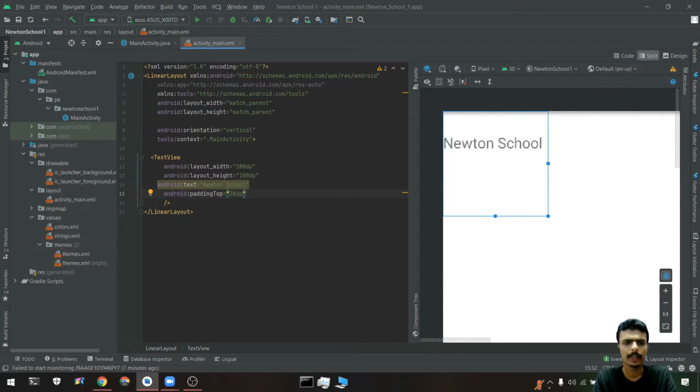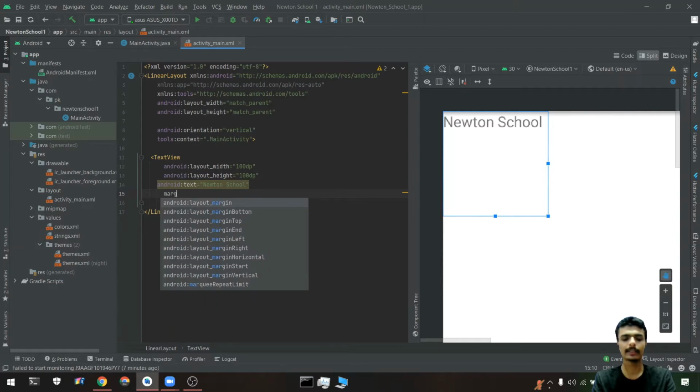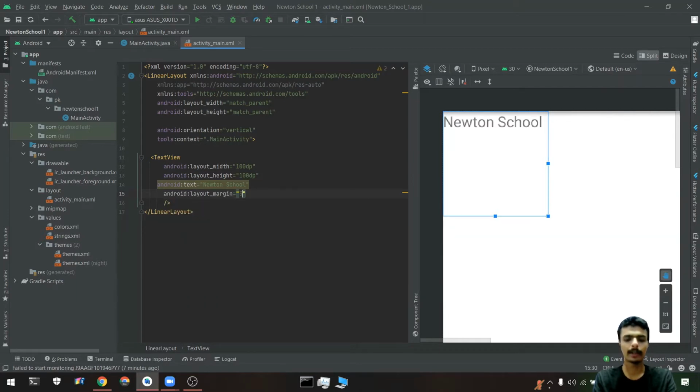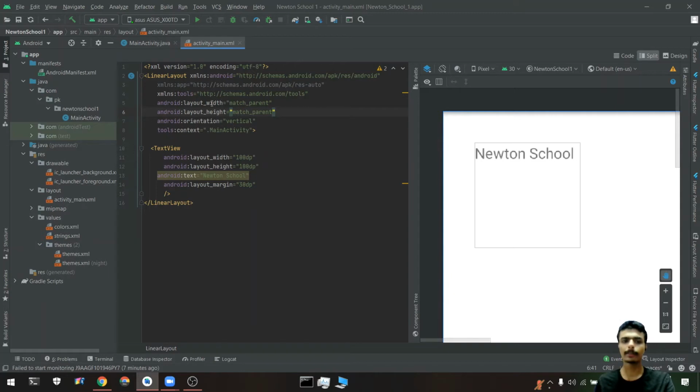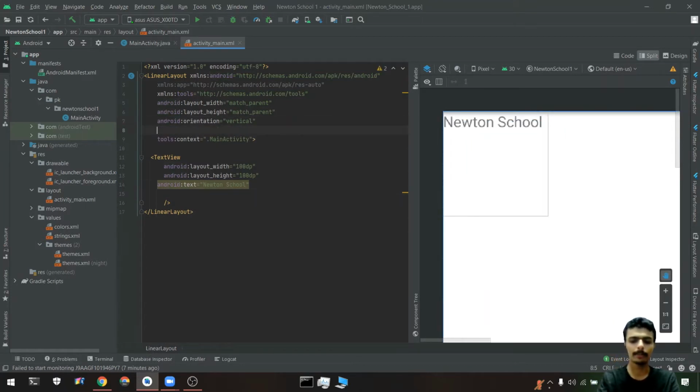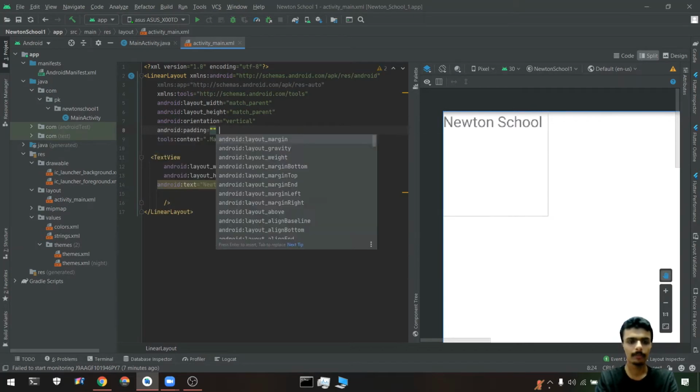Okay, so let's try out the margin part. With margin, you won't see the text moving in the same way as with padding. Suppose that I put the margin around 30 dp. See, this whole component has been moved from the sidewise, from the parent component. Its parent component is this linear layout. So the TextView's linear layout is the parent component, and it shifted the whole layout. It will be the same as if I am writing a layout margin as 30 dp, or I am using the padding as 30 dp.